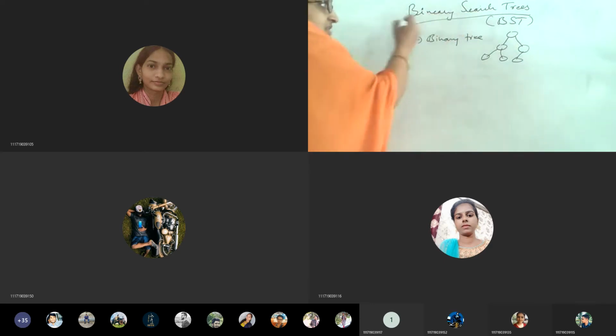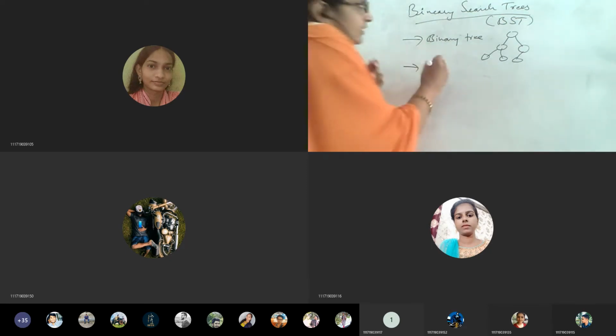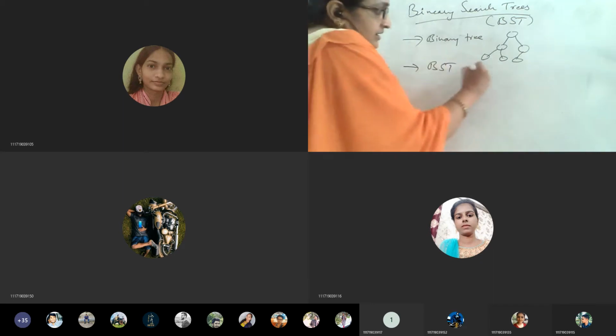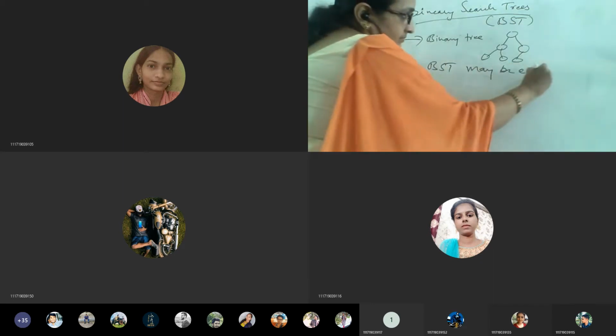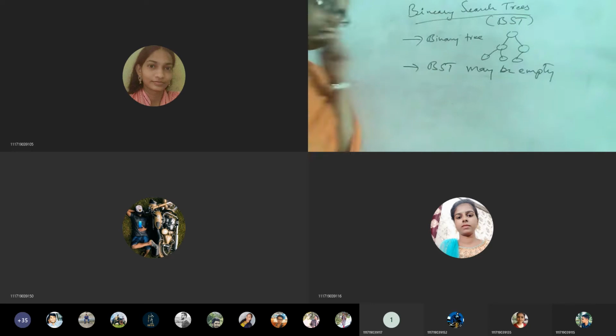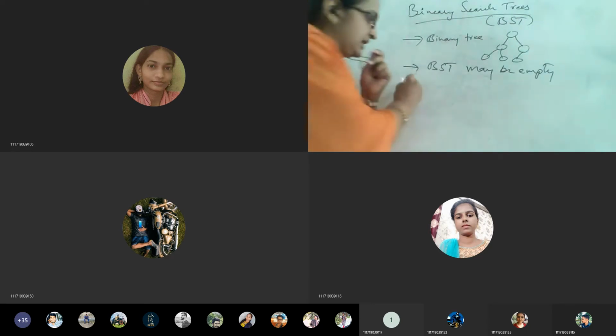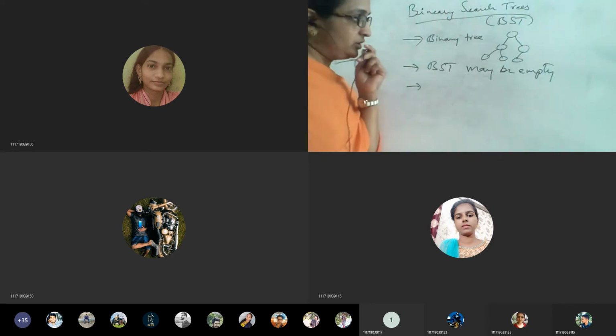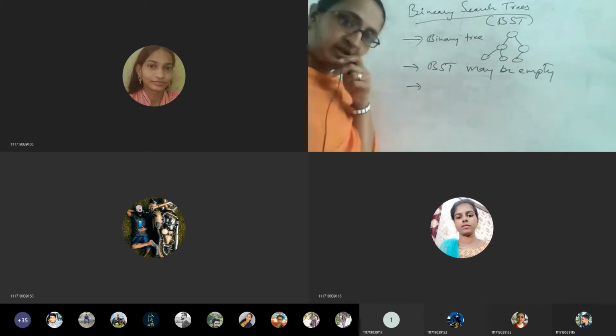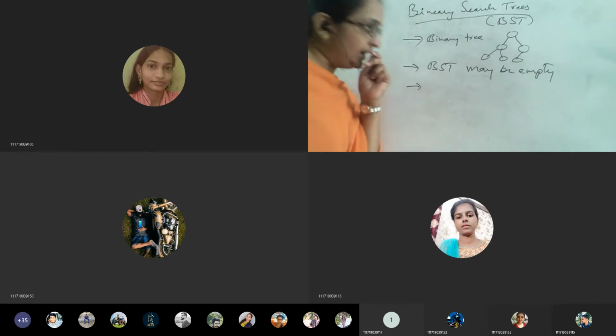And then a binary search tree may be empty. Without any contents in the binary tree, without any node, there is no tree at all, then we say it is completely empty.